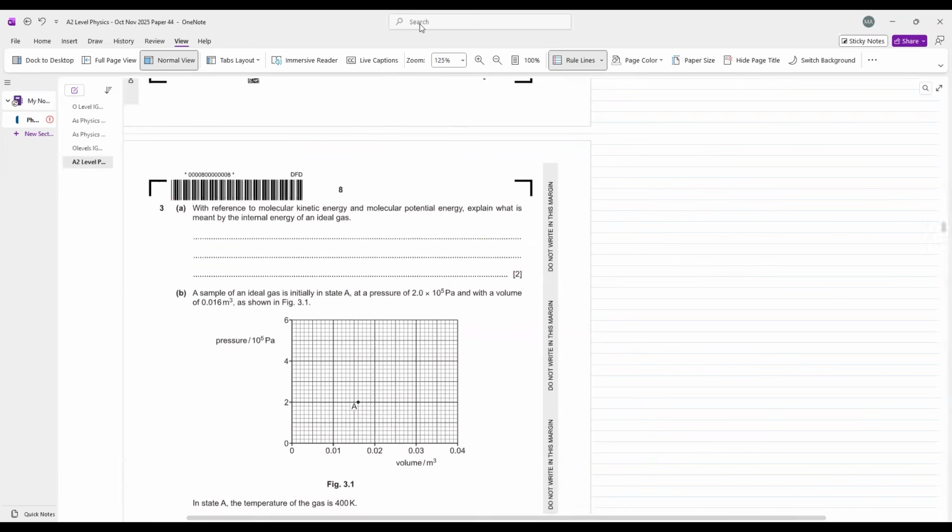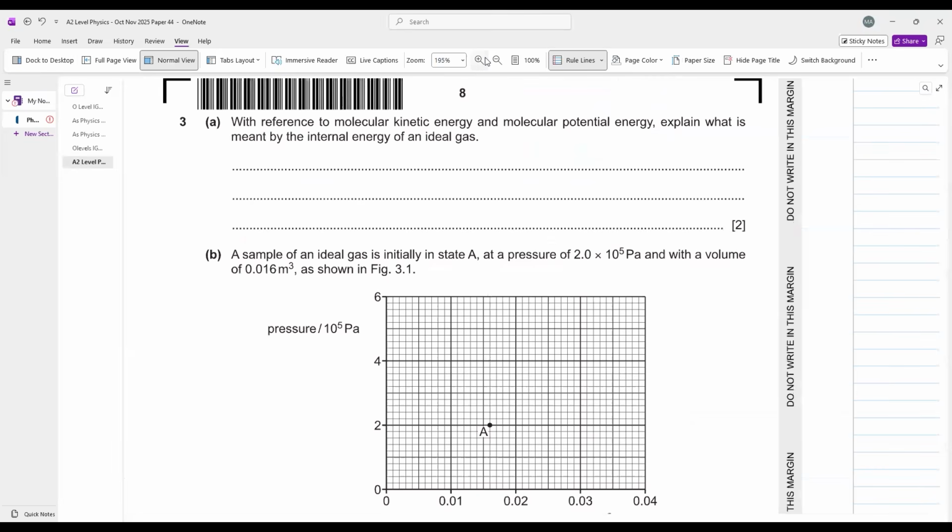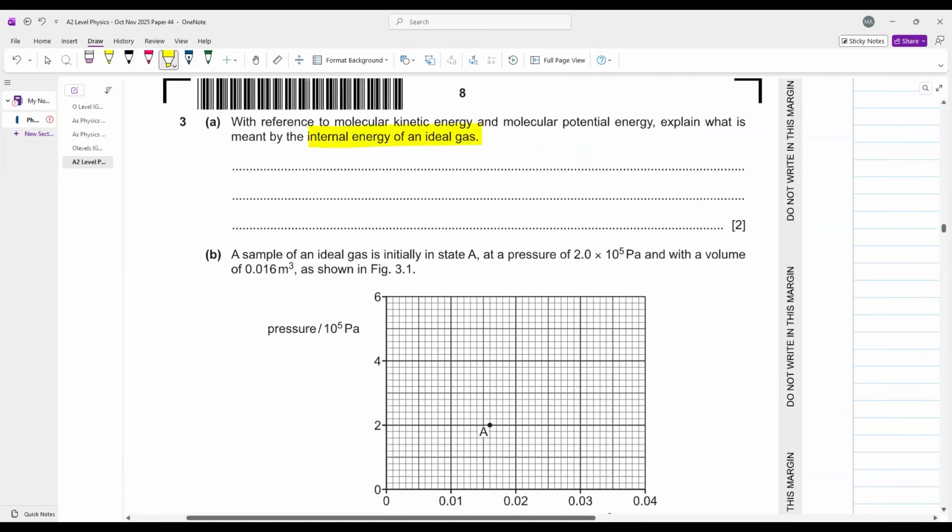ठीक है, चलो, let's see this. With reference to molecular kinetic energy and molecular potential energy, explain what is meant by internal energy of an ideal gas. बेटा, internal energy of an ideal gas क्या होती है? The total kinetic energy of the molecules in random motion is equal to the internal energy of the ideal gas. क्योंकि ideal gas में potential energy क्या होती है? Zero. So you will write that